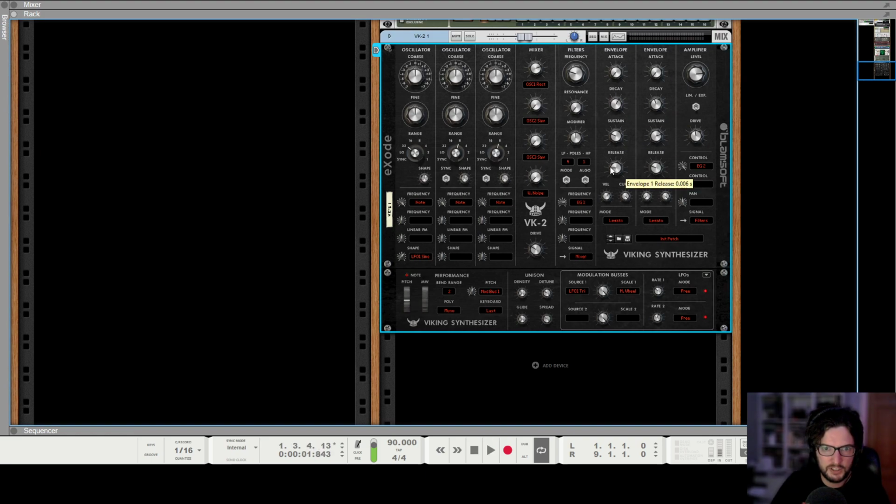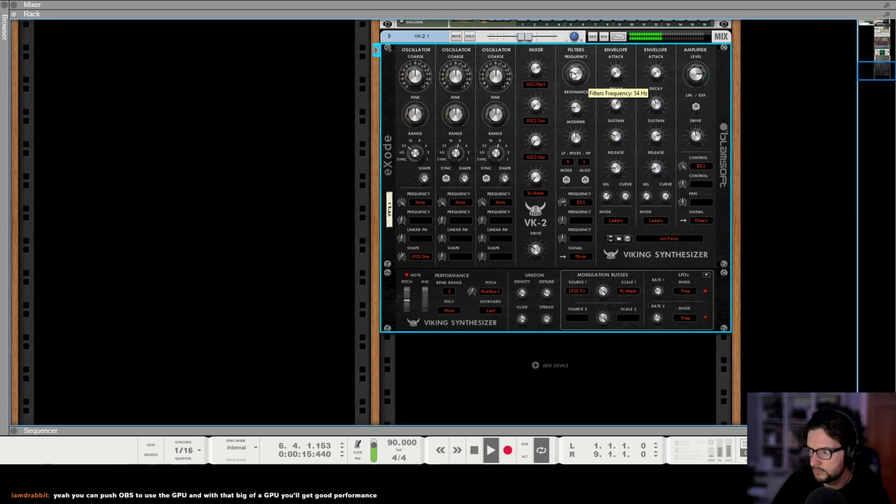I might actually bring the release up again. That's better. Just wanted a shorter decay. So right, if I just open the filter